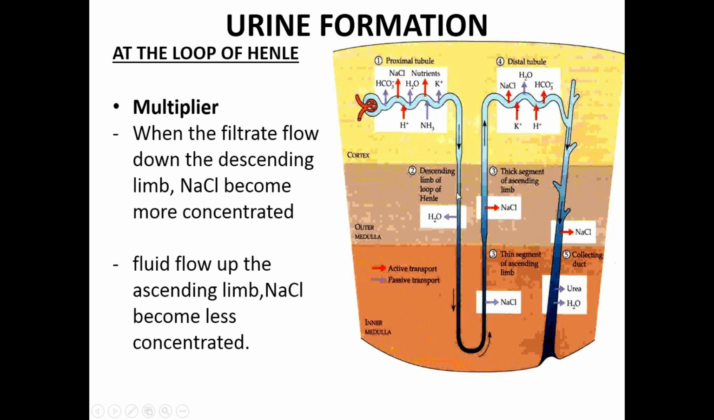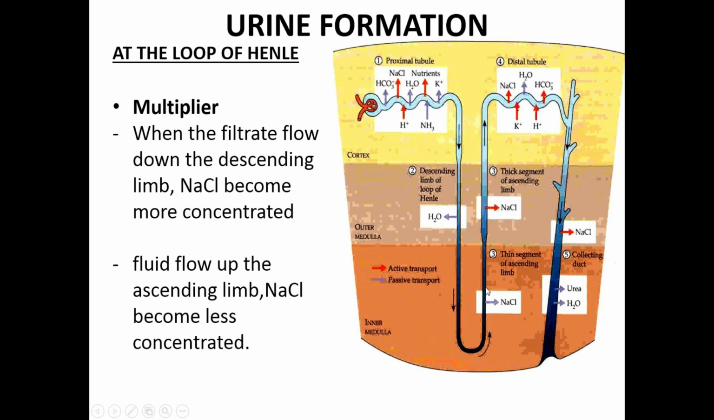So reabsorption of water occurs at the descending limb. Okay, the descending limb wall is very highly permeable to water. Water diffuses out from the filtrate by osmosis. Okay, here water diffuses out, sodium chloride becomes more concentrated, increasing the